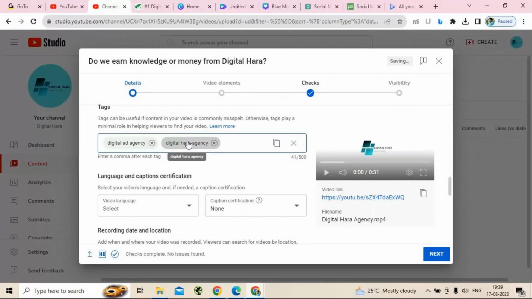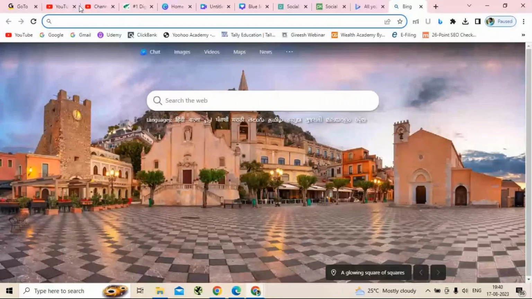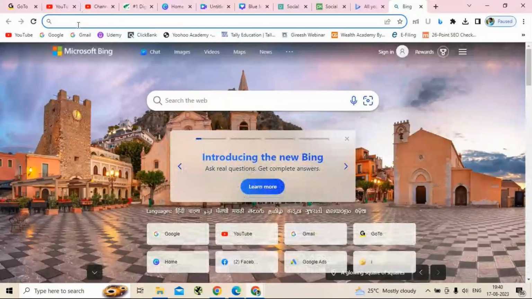In the last session, I discussed using Ubersuggest for the keywords, so you can use that one also. Today, I'm going to give you one more link for finding the tags. These are all called tag generators. So you can use it on